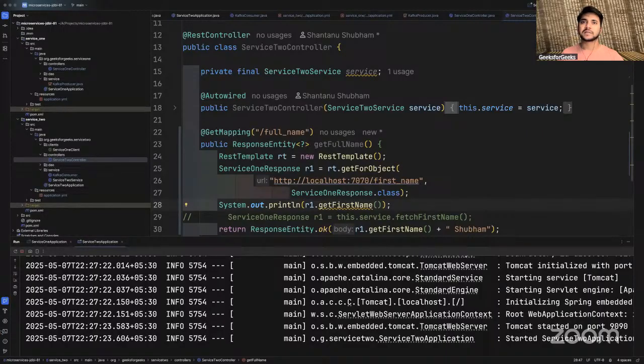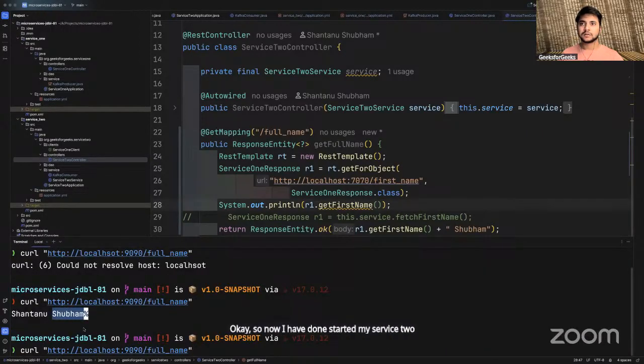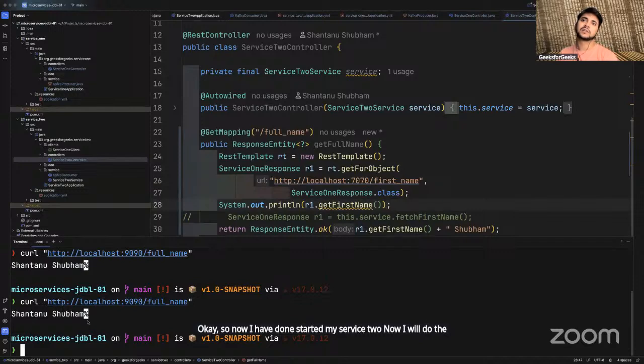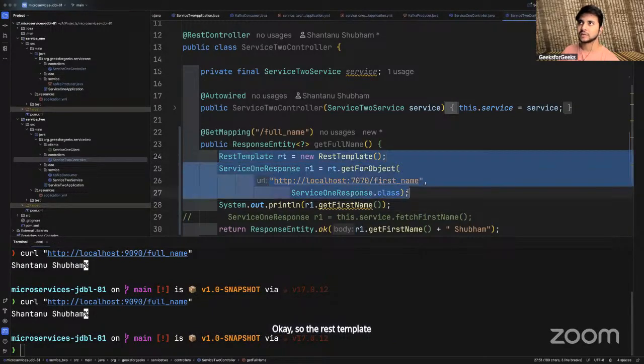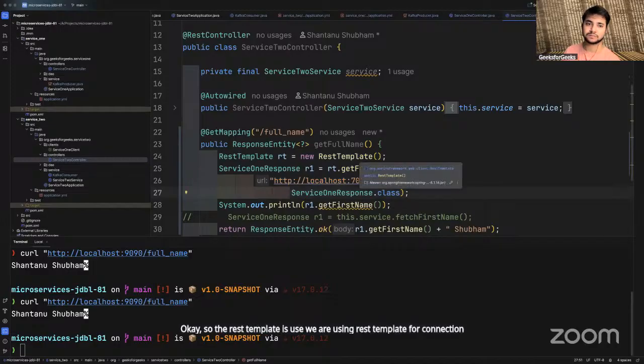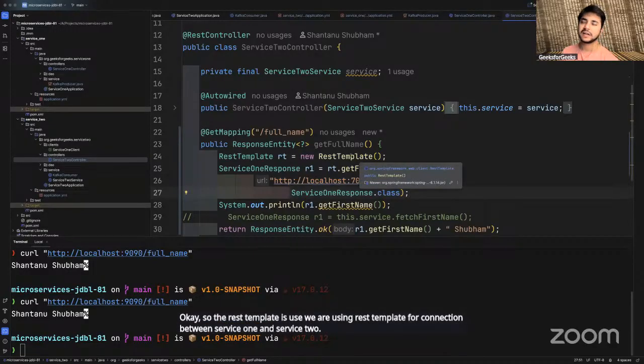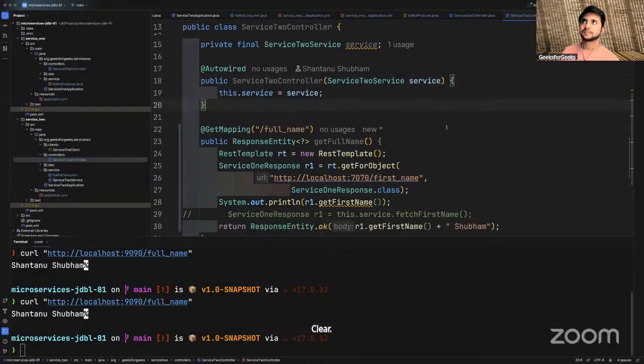Okay, so now I have started my service 2. Now I will do the same API call again, and it gives me Shantanu Shubham. So we are using REST template for connection between service 1 and service 2. Clear? Did you understand how we did this?